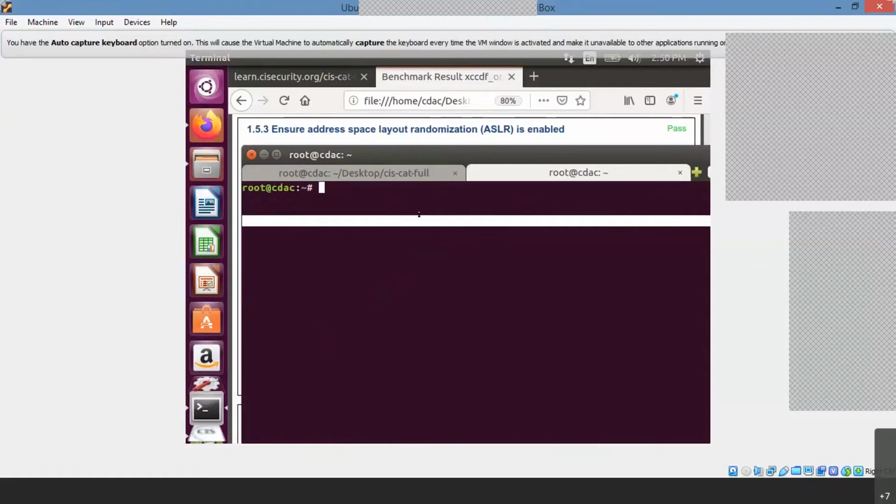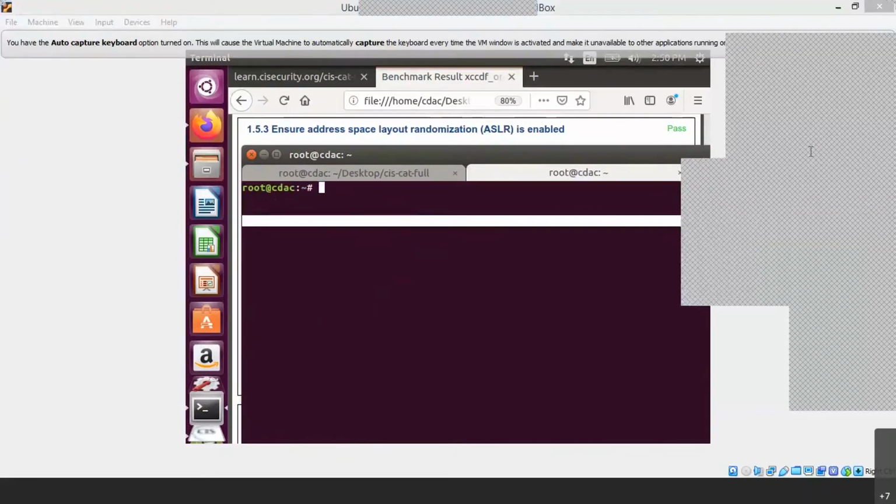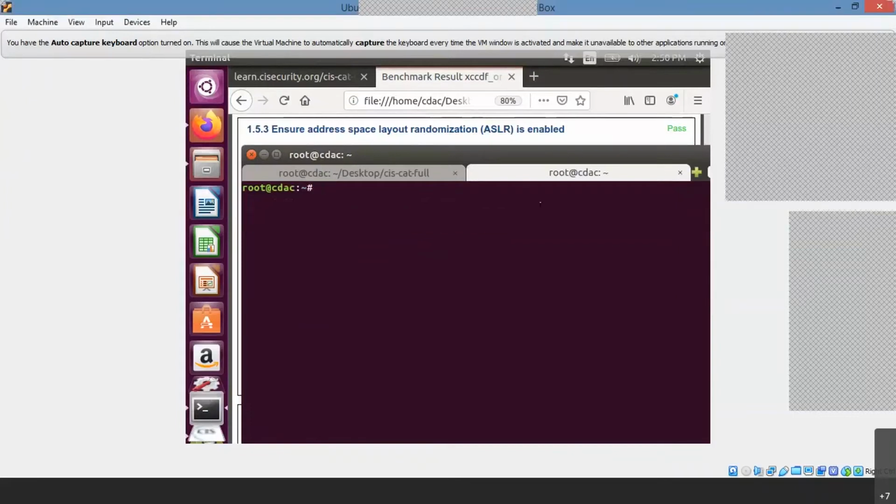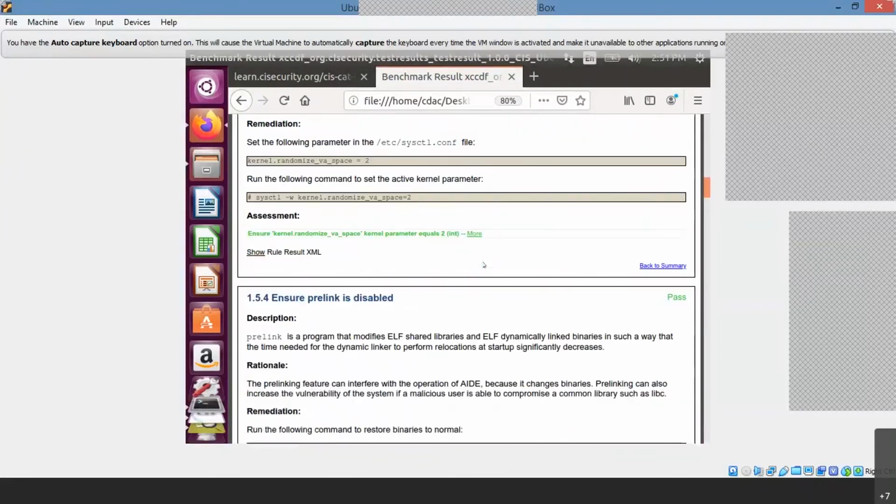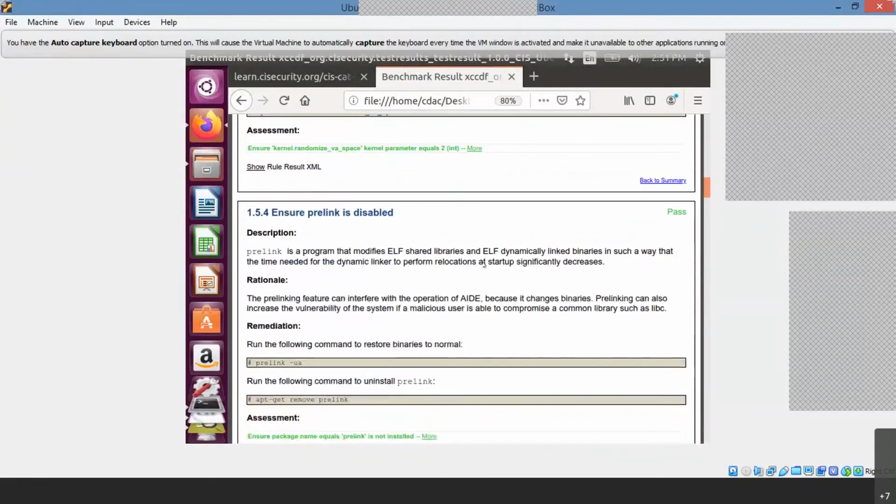I think I am not able to type this. So yeah, you can just execute the same thing one by one in all your VMs. Okay.